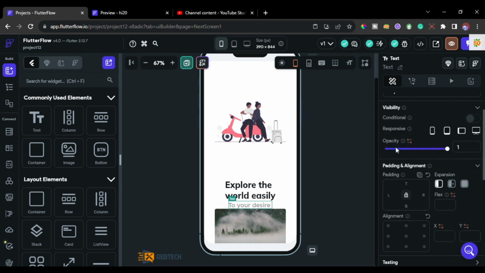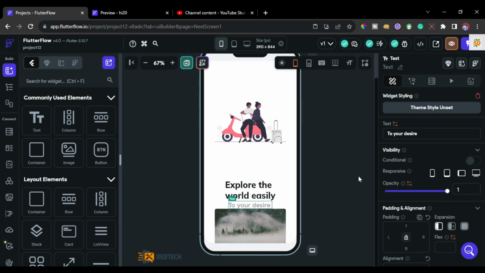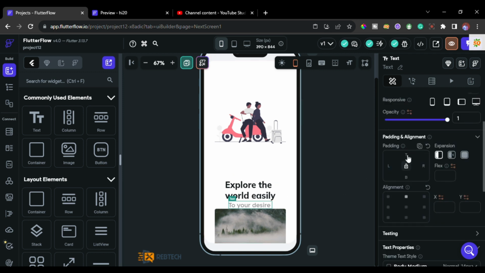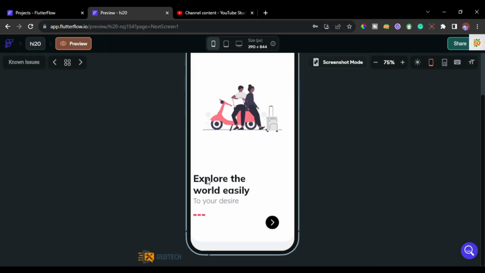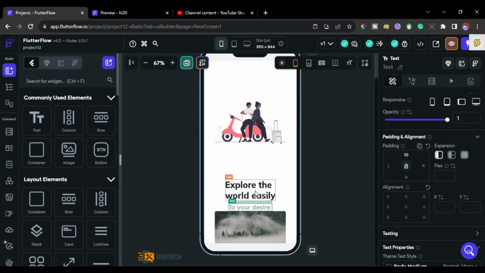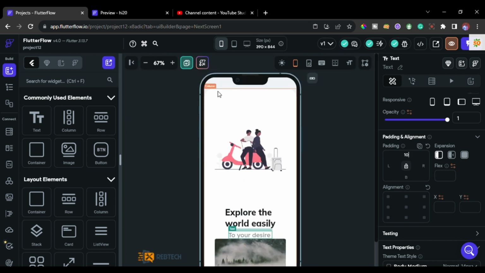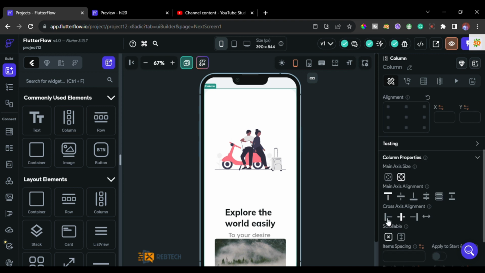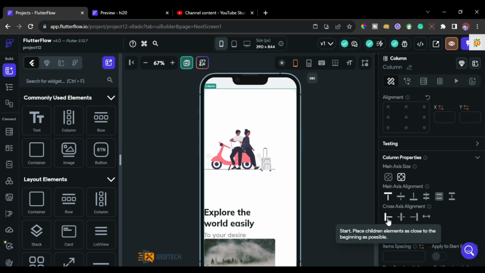Okay, now let's just give some padding to separate these two texts. So come here on the top, let's make it 10. That is fine. Okay, now when you look here, you see the text here is on the left, but look at here, it's in the middle. How do we fix this? Let's select the container